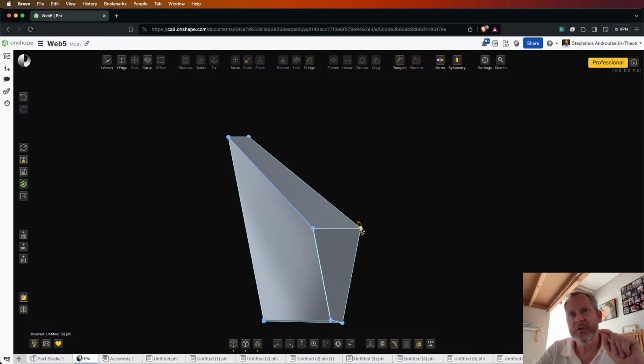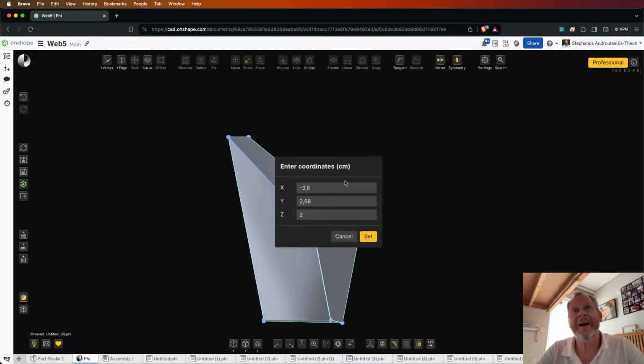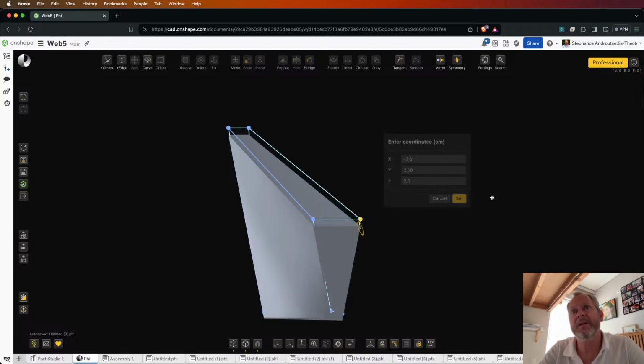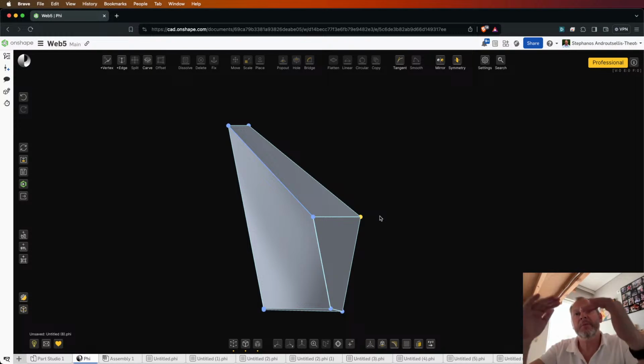One reminder, if you shift click on any vertex, again you get a little window that shows the coordinate of the vertex you selected. And this is again clickable, editable. So I can make this 2.5 and hit set. And my entire body moved up so that the vertex moved at the location 2.5. All right,